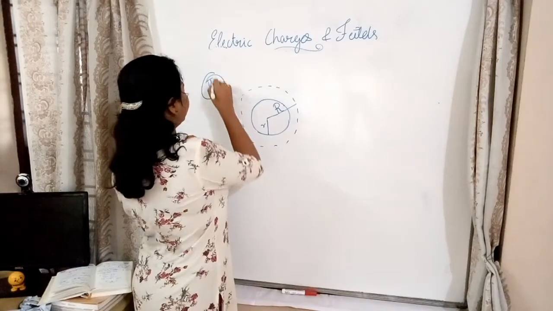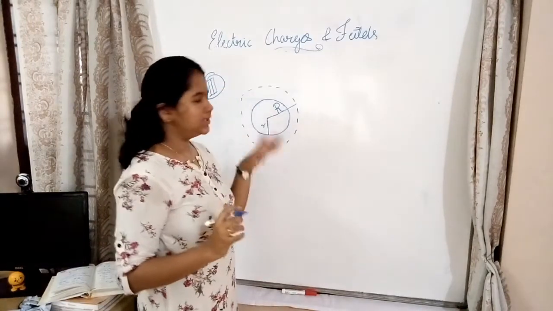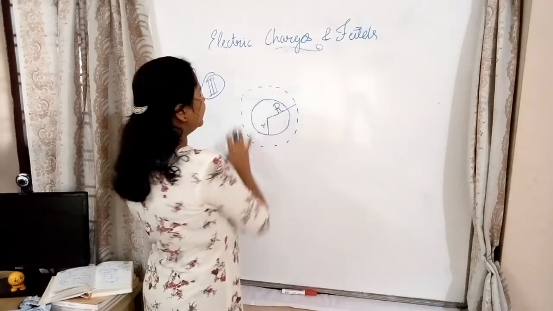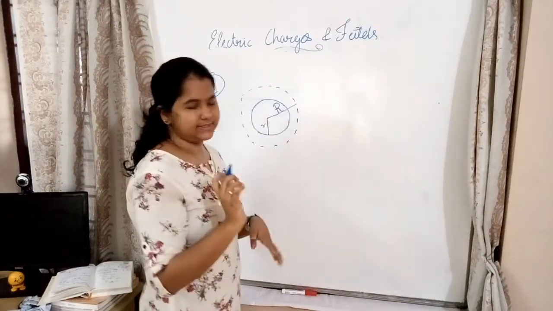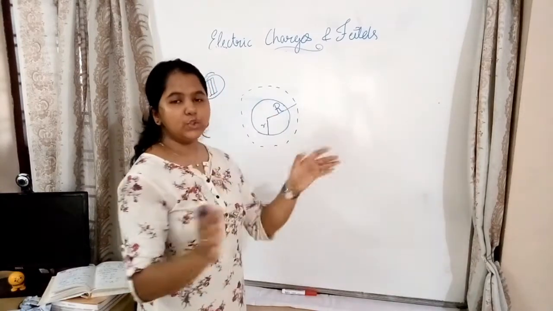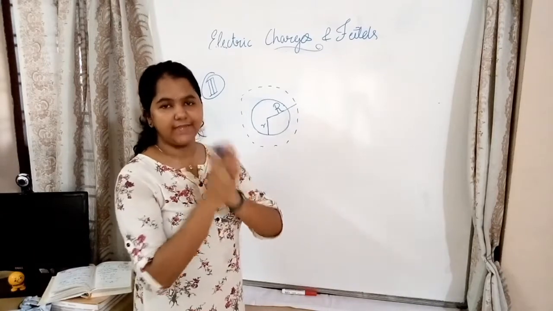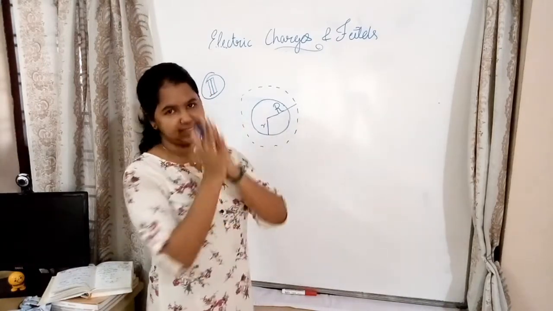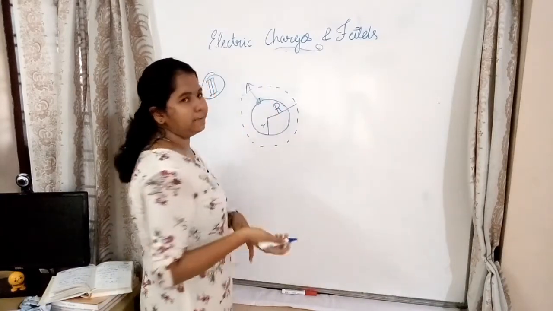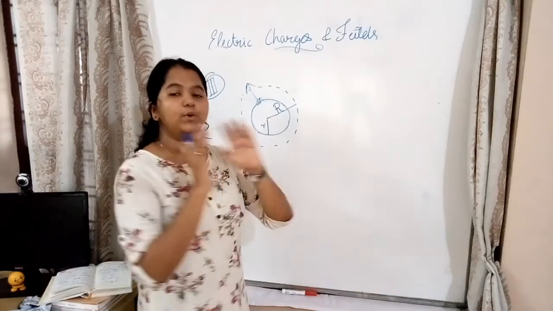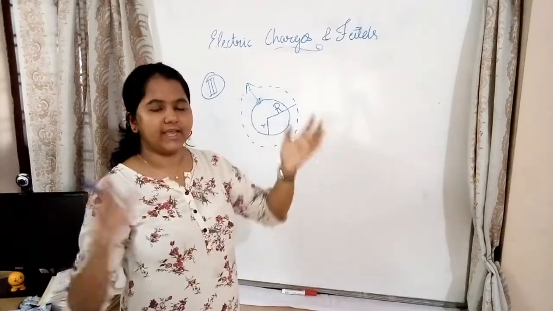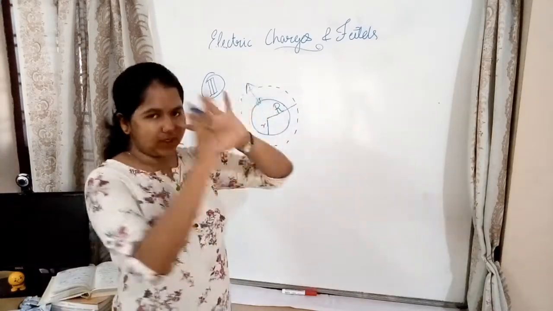So the third application is for a sphere. First, this is a sphere which we have taken, and this is the Gaussian surface. The dotted lines are the Gaussian surface. The sphere has a radius of small r, and this is a radius of capital R. We know that the electric field is always perpendicular to the surface, and also if you take an area vector anywhere, that is also perpendicular. Over here we don't have two faces or two sides, the curved surface area and the two end faces. It's just a whole sphere.